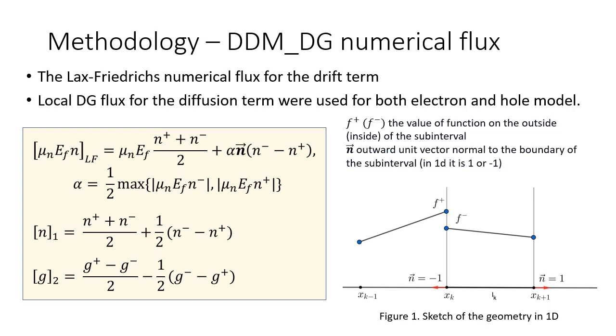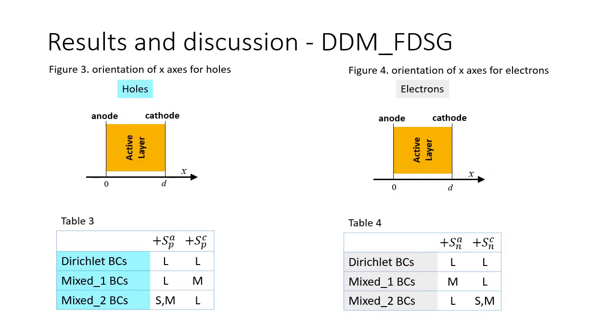two values in a way that reflects the physics between two neighboring subintervals. The Lax-Friedrichs numerical flux for the drift term and the local DG flux for the diffusion term were used. In boundary nodes, the boundary conditions were applied. Here the equations for electrons are presented and the ones for holes are analogous. The DDM FDSG simulations were done for holes and electrons. The orientation of x-axis for hole and electron calculations is the same, as it can be seen here in figures